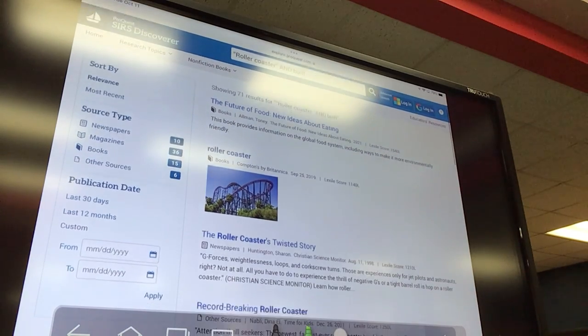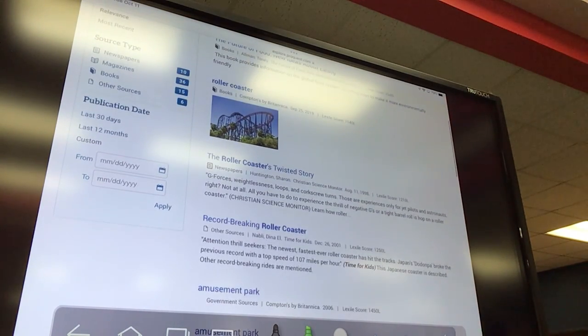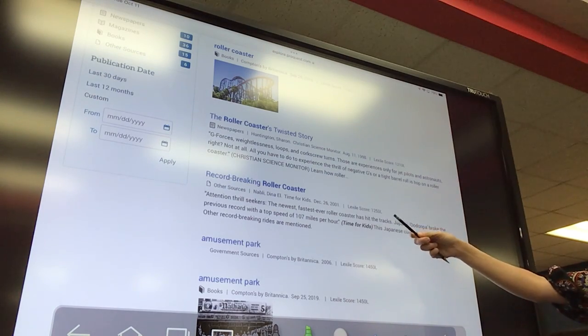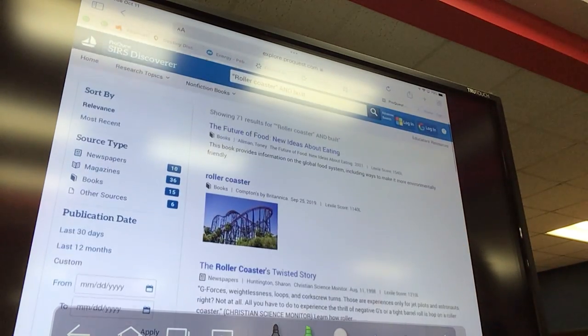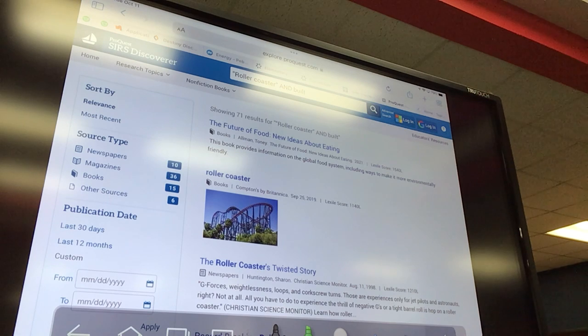So she's got one that popped up. The Twisted Story, record-breaking roller coasters. So she can look for those. If those don't have her answers, can she try another database? Yes? So you have 4 databases of which you can search and look for things, right? If you still can't get your answer, that means you have a really, really good question, which means I'll come help you find the answer, okay? So that means we probably will go to Google and use one of those reputable sources. So if you click science and math on the left-hand side,